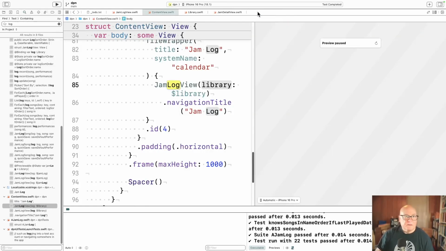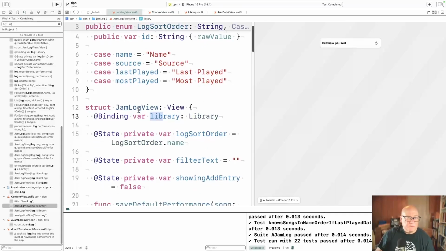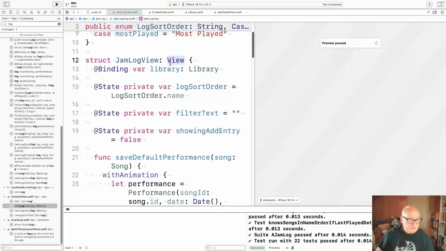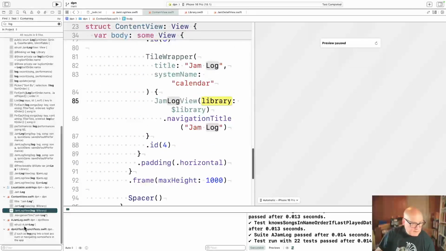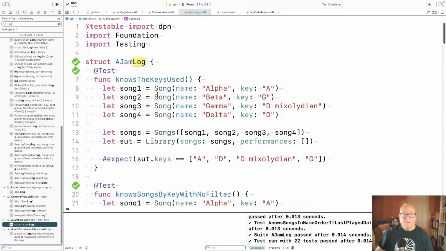That wasn't what I wanted. JamLog view takes a library. Oh, what? Okay, he did update. All right, it's the view that's... All right, well, I think that'll get us somewhere.